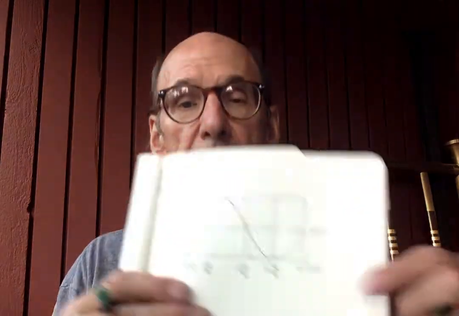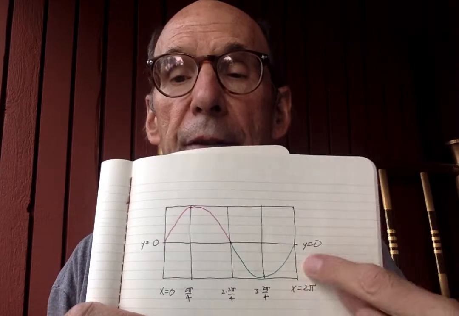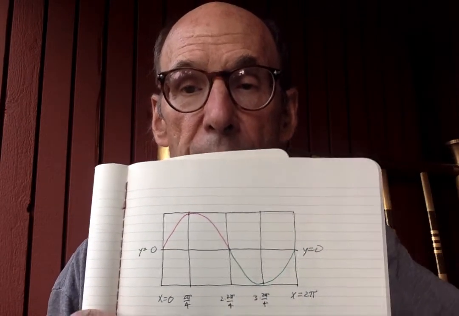Nice and symmetric. And the second half just happens below the x-axis, starts off like y equals minus x, ends up horizontal, and then starts off horizontal and ends up like y equals x. So there it is. And then the sine function repeats and repeats and repeats. And so there's the deal. Now,